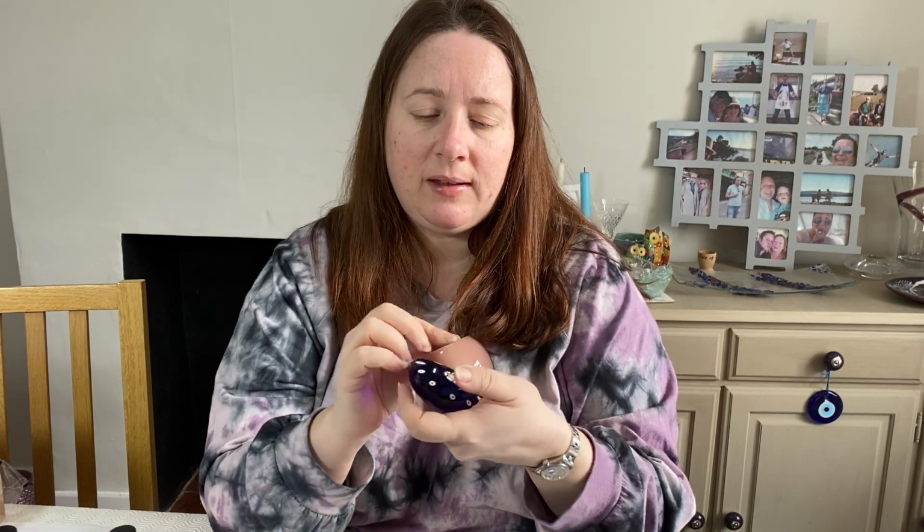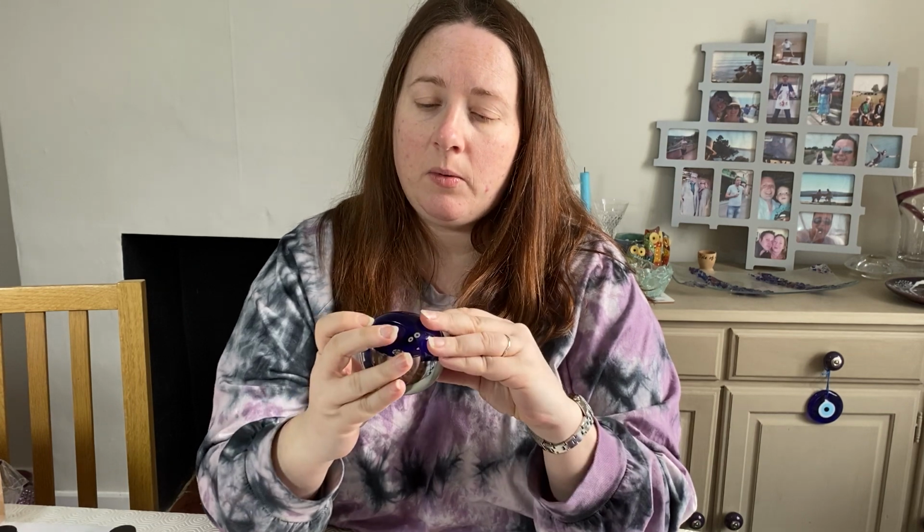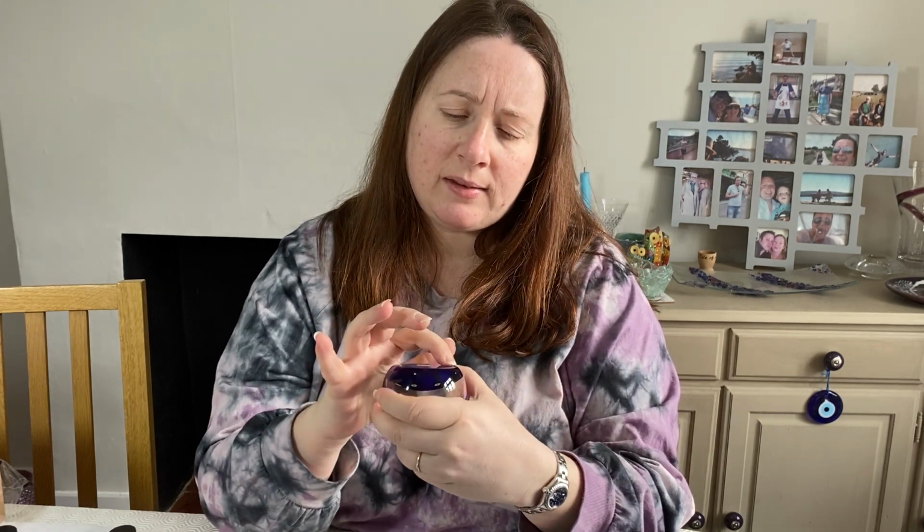And then one last bit of glassware is this Selkirk glass paperweight. This is quite rare, but it isn't anything special. It was to celebrate 50 years of the National Trust in 1981. So it says 1931 to 1981 on the front here. It's got the National Trust logo. And on the bottom, it's got the Selkirk glass sticker, which is made in Scotland. But it also has Selkirk glass Scotland engraved on the bottom. And then the number